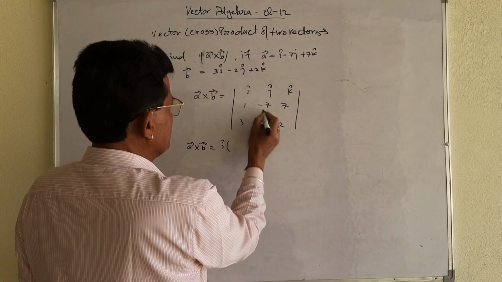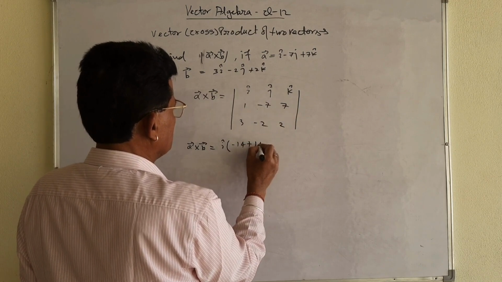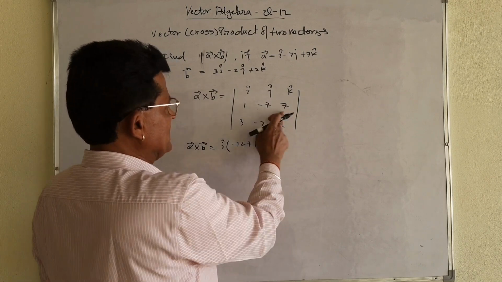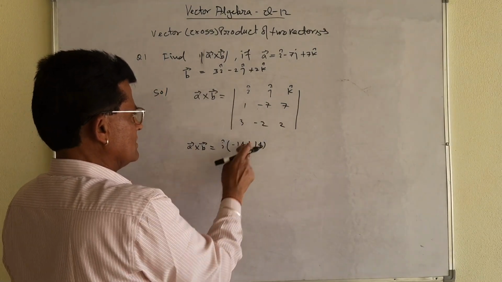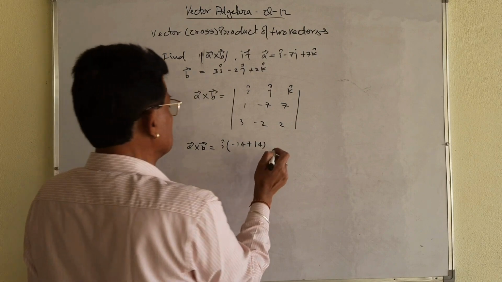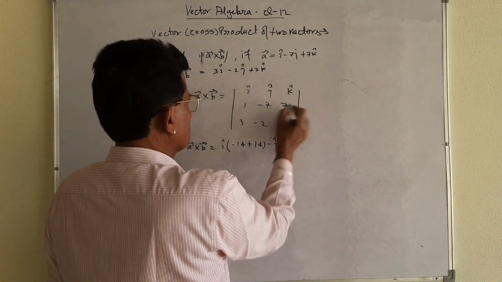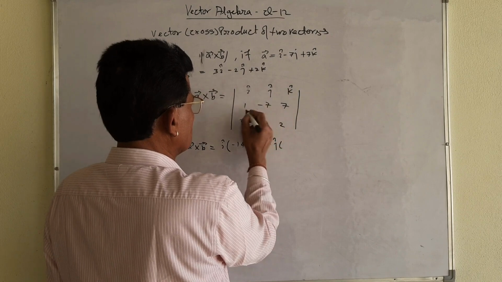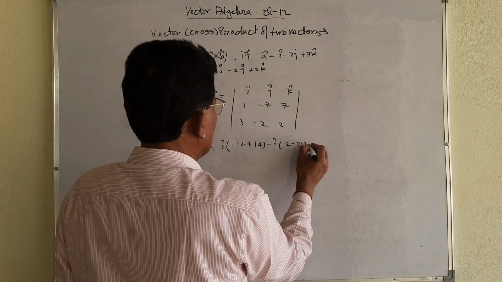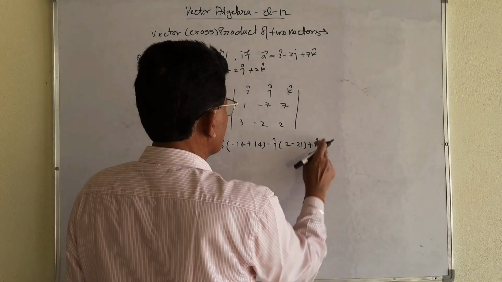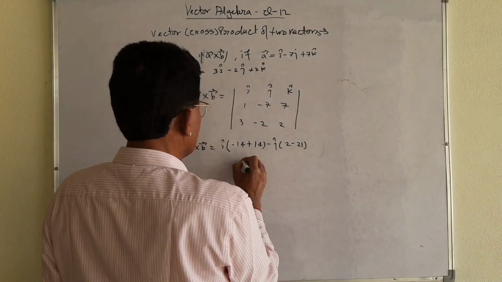कितना होगा भाई? 7 into 2 minus 14 और यहाँ पे प्लस 14. देखिए minus 14 and plus 14. देख लीजिए नेगेटिव साइड, फिर यहाँ पे भी नेगेटिव है तो पॉजिटिव हो गया. Minus j. Delete this column and this row. Then what will happen? This column and this row, 2 and minus 21. And plus k. Plus k, you will have to write.